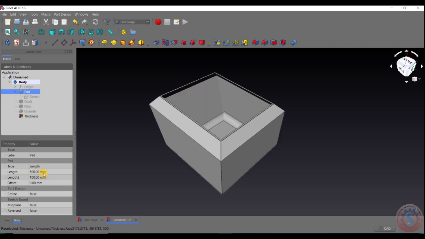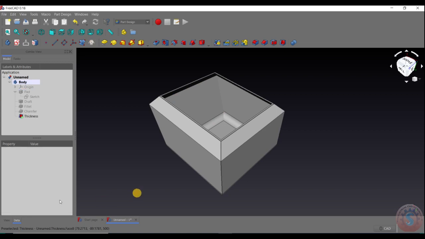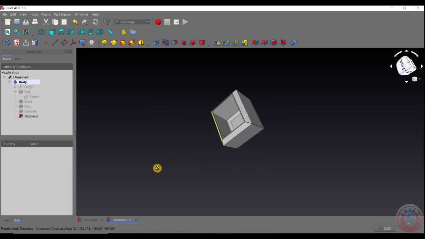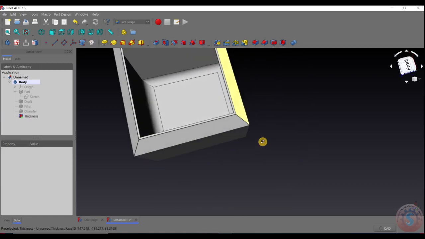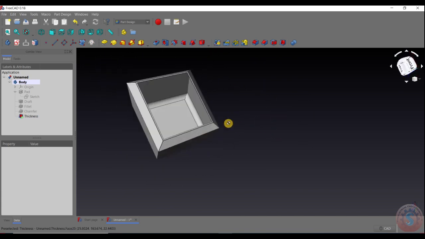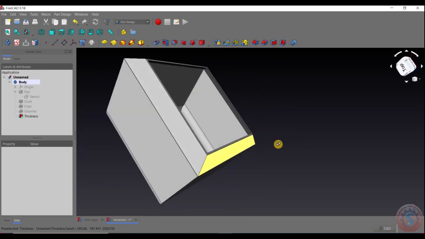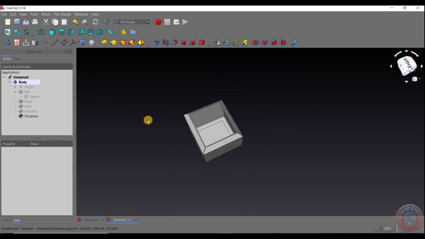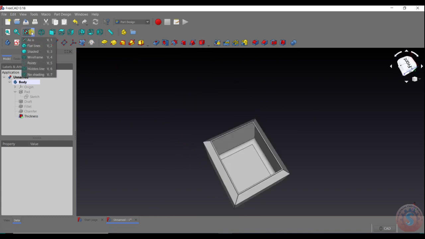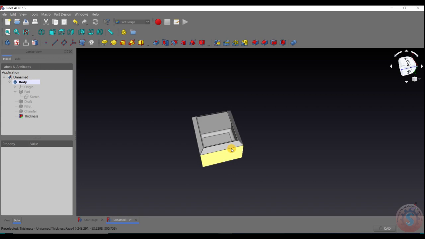Here also you can increase the thickness and change the offset thickness also, and if you want to give the refine, you can also give the value here. You can increase by using the properties here. This is the basic Part Design workbench you can observe. And now I'm going to explain some of the tools, after creating the object